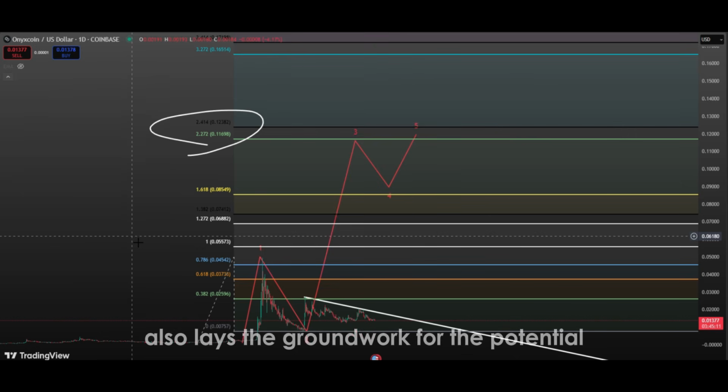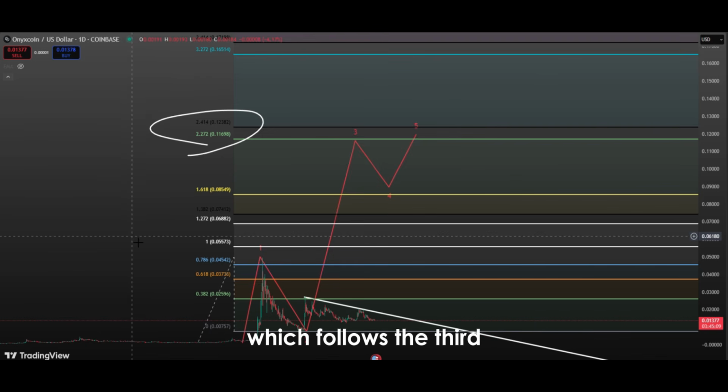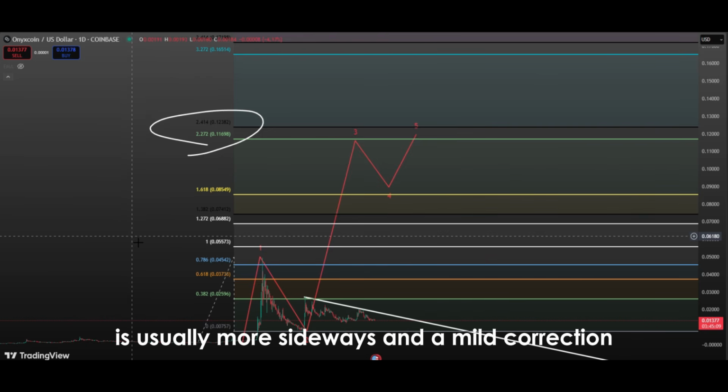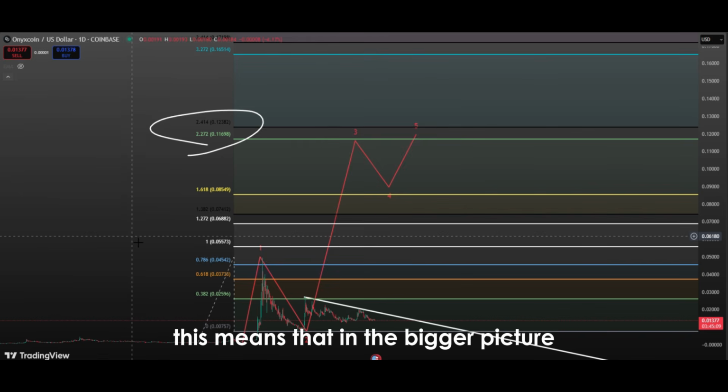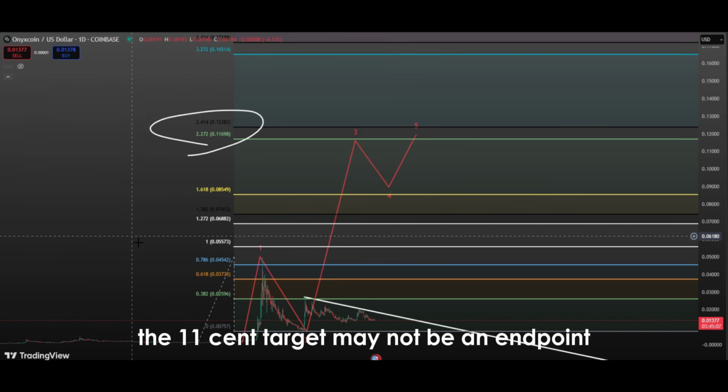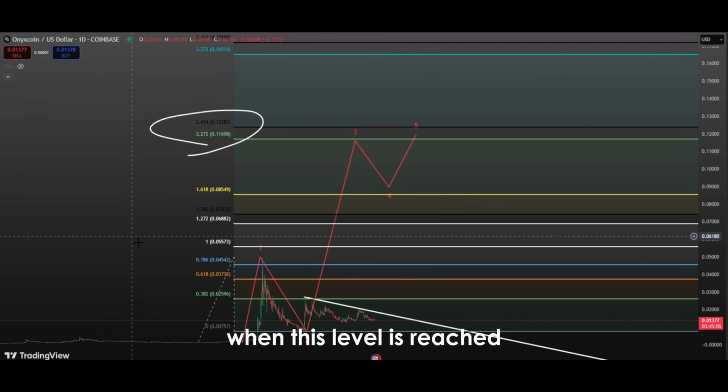Reaching 11 cents also lays the groundwork for the potential fourth and fifth waves in the future. This is because the fourth wave, which follows the third, is usually more sideways and a mild correction. This means that in the bigger picture, the price can reach even higher levels. In other words, the 11-cent target may not be an endpoint, but rather a midpoint in the rally. When this level is reached, many investors take profits, but as long as the trend continues, new buyers also enter